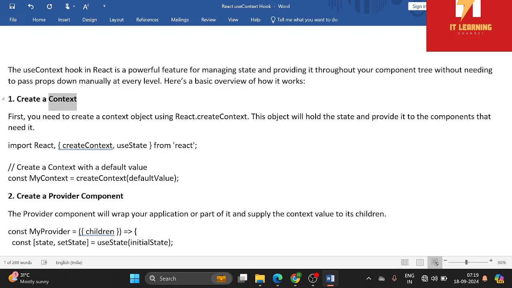1. Create a context. First, you need to create a context object using React.createContext. This object will hold the state and provide it to the components that need it. Import React, createContext, useState from React. // Create a context with a default value. const MyContext = createContext(defaultValue);